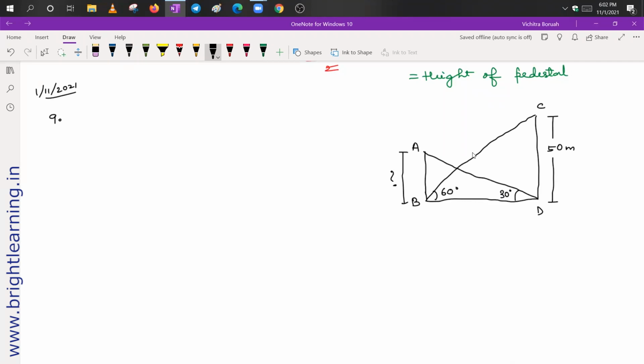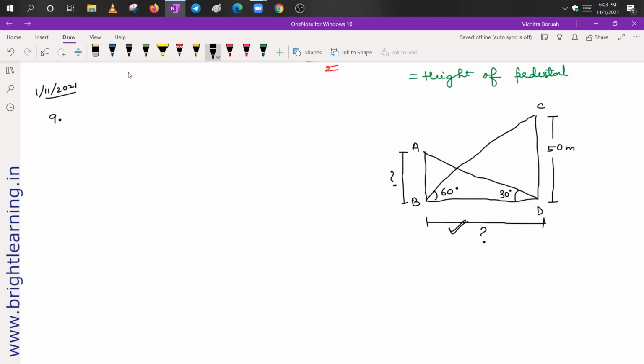Okay. So now here we can easily find the height. If you consider this triangle, it is triangle ABD. This angle is given, and if we know the length of BD, the distance between this tower and building, then we can easily find the height of the building. So first thing that we have to do is find the distance between the tower and building. To find this distance, the height is already given.